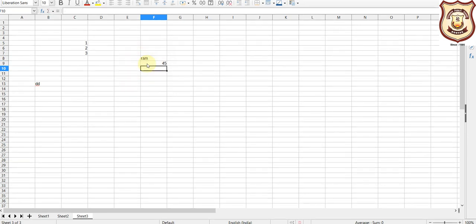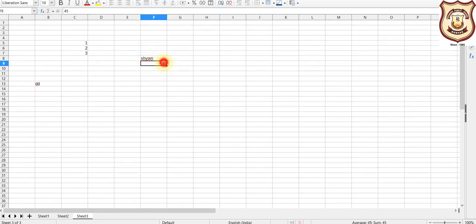Like here I am writing the numbers also. Fine, and you can check the alignment. If you are writing text, it is by default aligned to the left side of the cell, and if you are dealing with numbers, it is by default aligned to the right side of the cell. Okay, so in this way you may work. Like what we were discussing, if we want to modify, firstly you need to go to that particular cell. When you click on it and select it completely, the entire content will be replaced. Like this, the previous content has gone and the new content has been written.